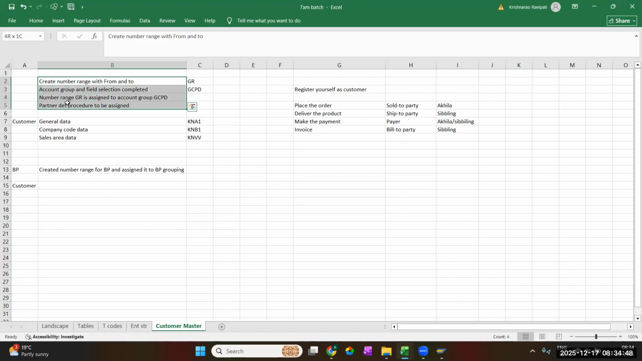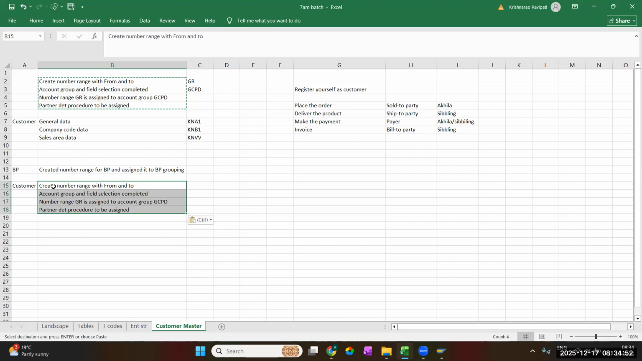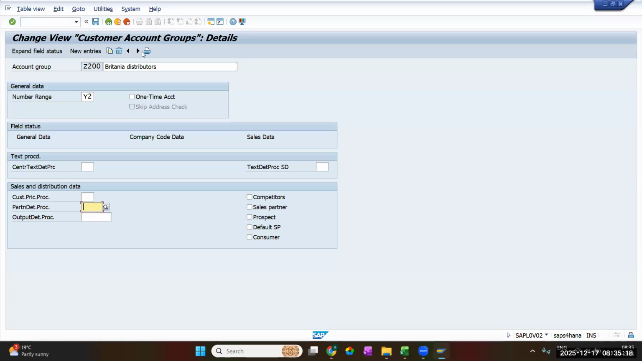Let us assume that you have assigned some partner determination procedure also. So you have completed the configuration of business partner, you have completed the configuration of customer. If you want to convert this business partner as a customer, you need to have some assignment, isn't it? Yes, sir. So the place where we will do the assignment is the path to complete the assignment in S4HANA